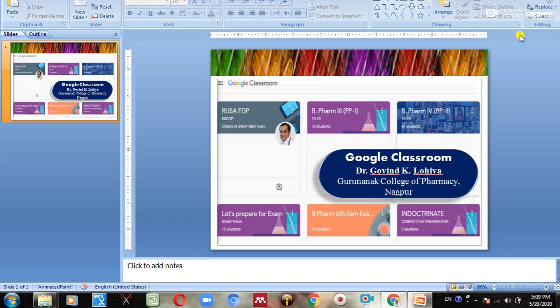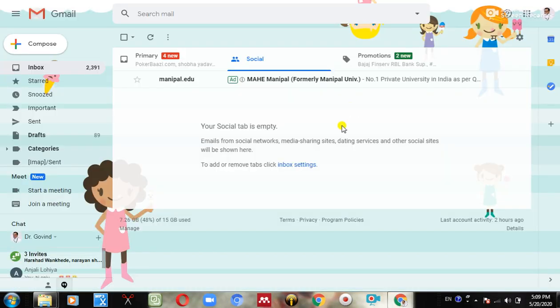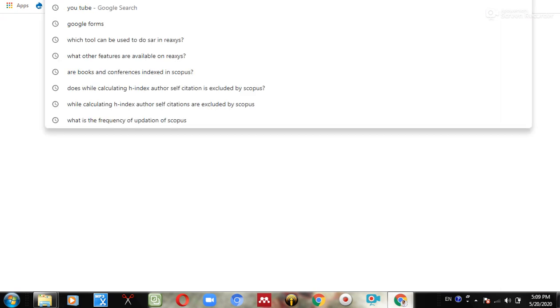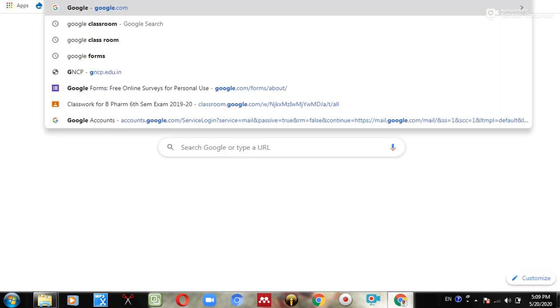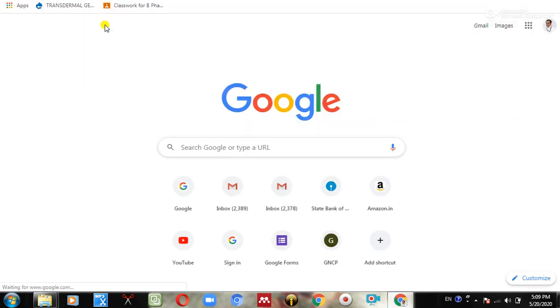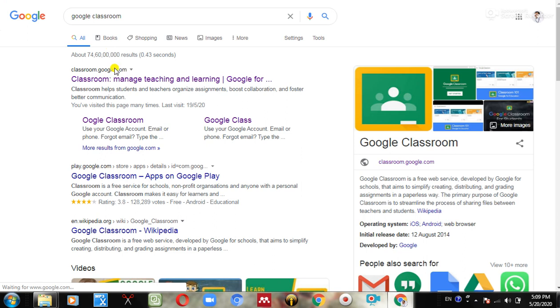You have to sign in to your Gmail account. After signing in through your Gmail account, you click on the next tab. In that tab type Google Classroom, because your Gmail account and your Google Classroom are linked with each other, so you first have to sign in to the Google account and then in the next tab you open Google Classroom. So I'm opening Google Classroom.